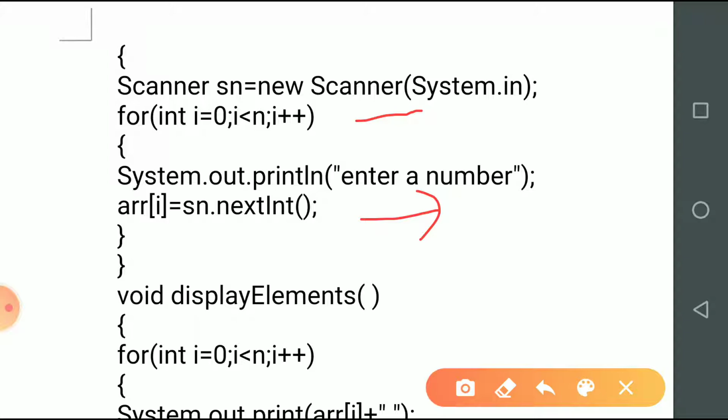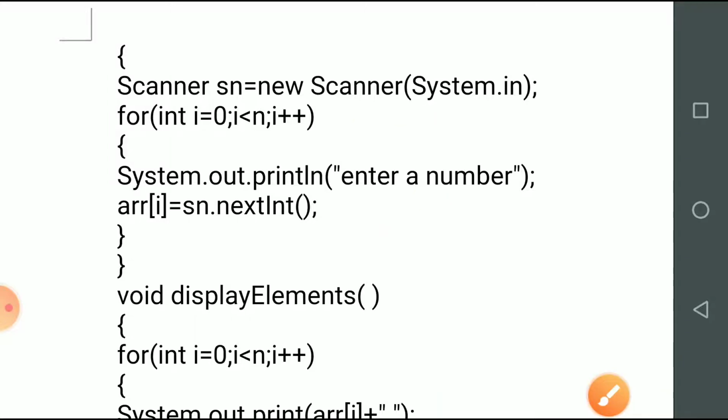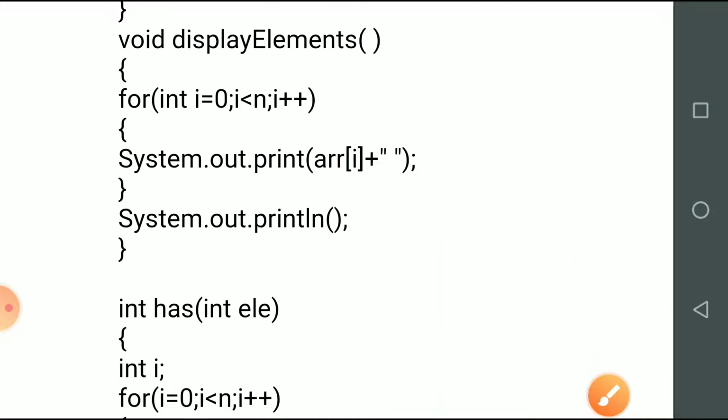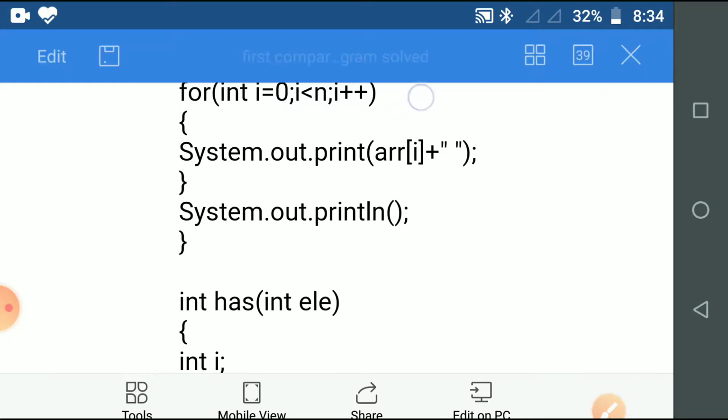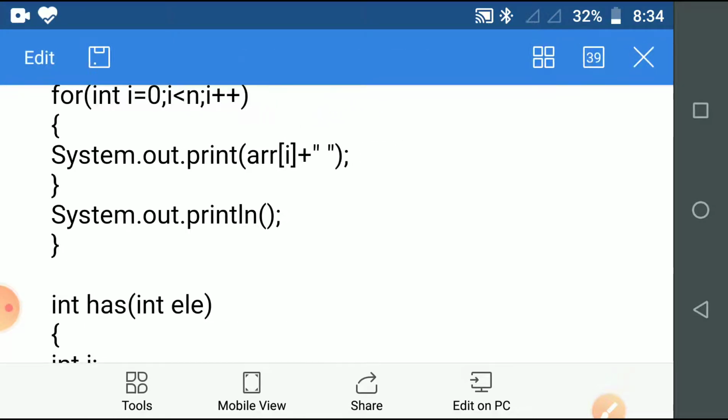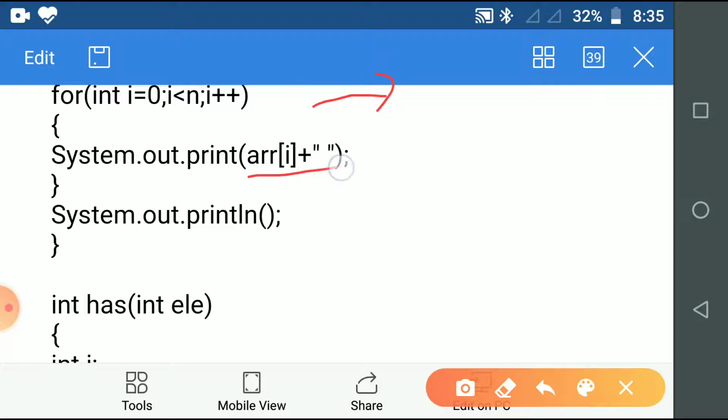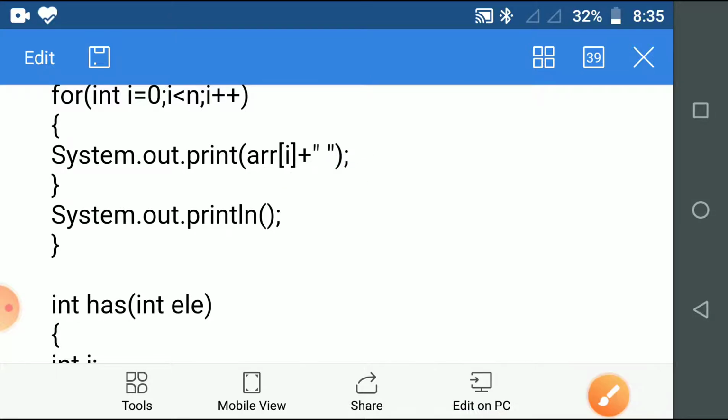All the elements of the array will receive a number. Then the display element function comes. It will display the array in a single line. There is a loop again, running from 0 to size minus 1, where size is n, so it will display all the elements in a single line.